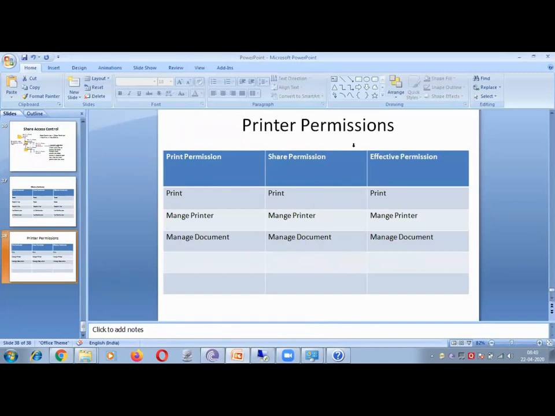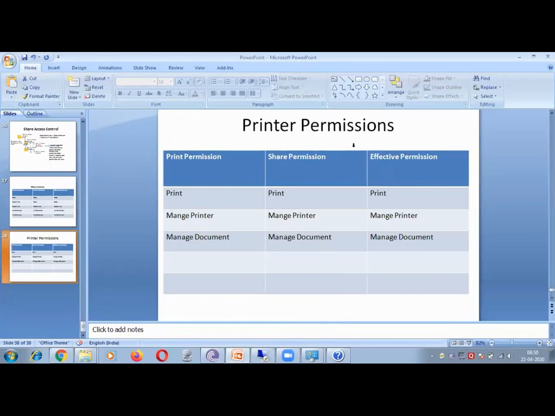So when you are implementing a file share, when you are implementing a file server, you have to take care when assigning different kinds of permissions in the Microsoft print and file server, right? So now let's implement a file server in Windows, and let's see how all these permissions work. So how will we do that?